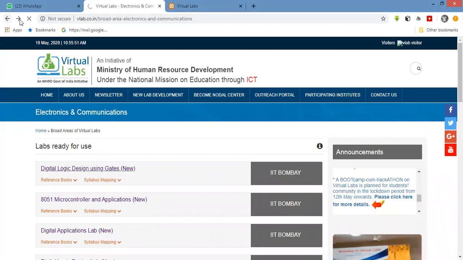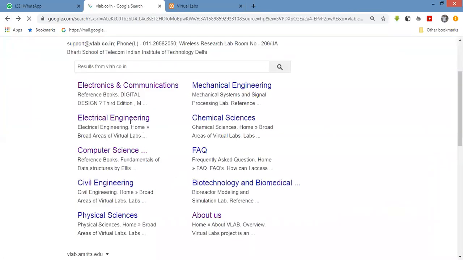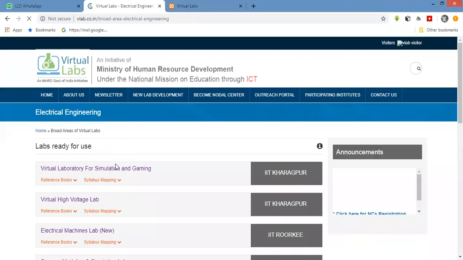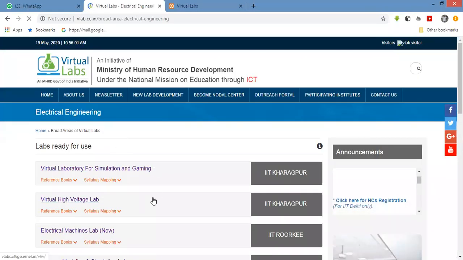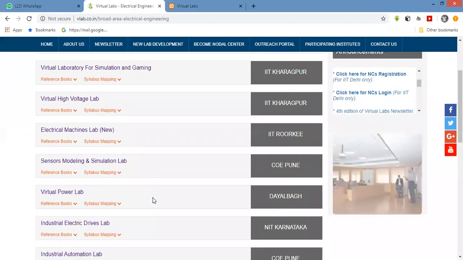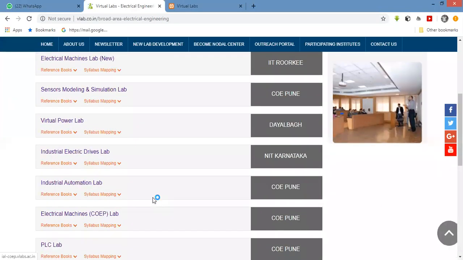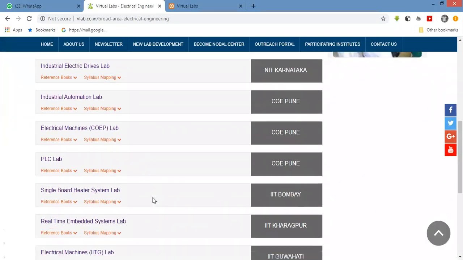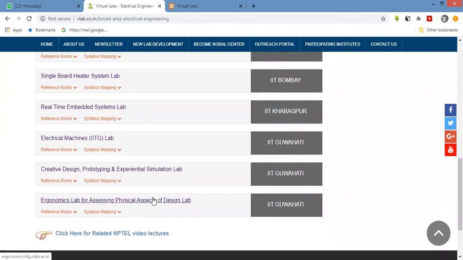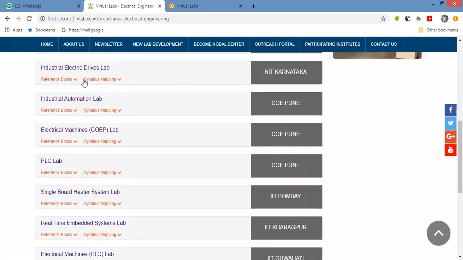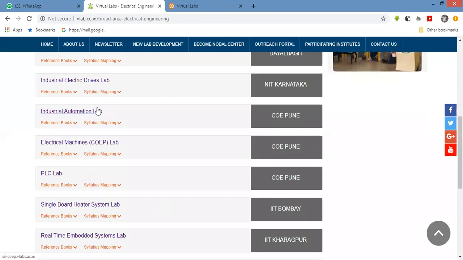See here, under electrical engineering, these different labs are available: electrical machine lab, real-time embedded system lab, industrial automation lab.